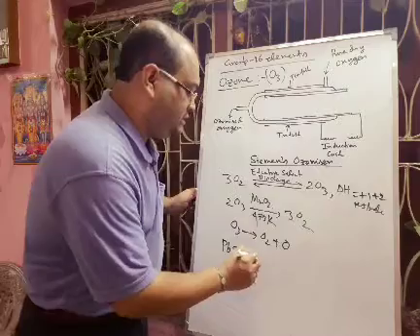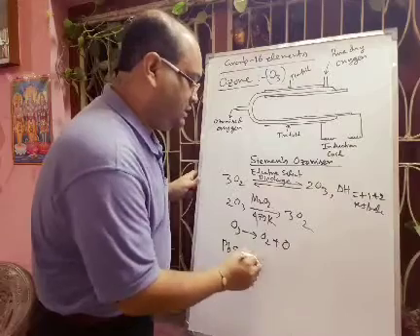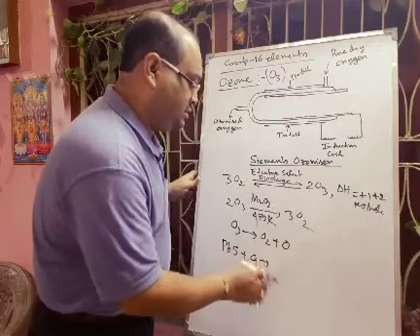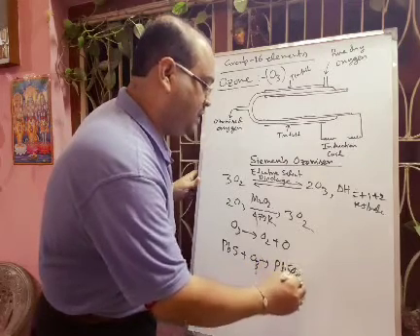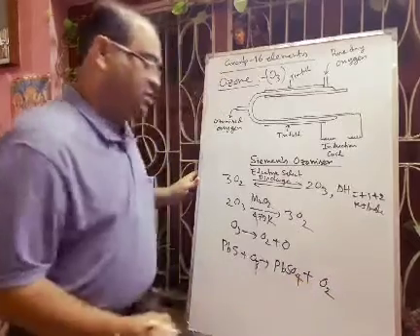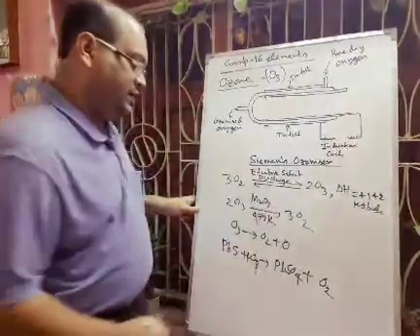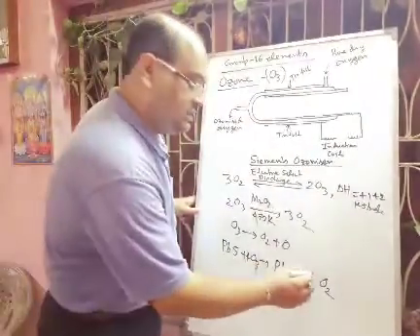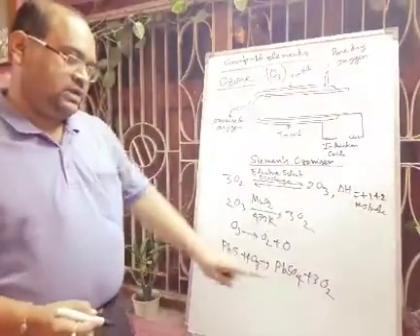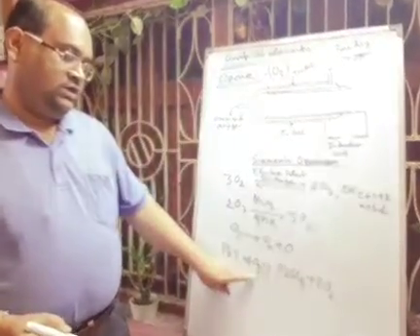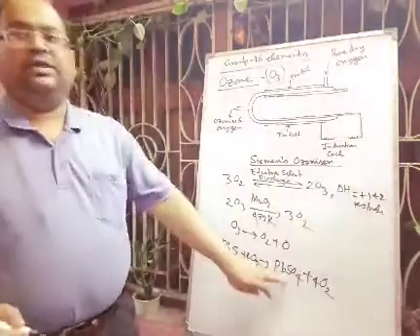Whenever you take ozone, it will react with this. Here ozone reacts and produces nascent oxygen, and there will be formation of PbSO4, lead sulfate, and also oxygen. Here you have to balance it. If you put 4 here and 3 here, 6 plus 4, 10, you have to put 4. Now I think it is balanced.